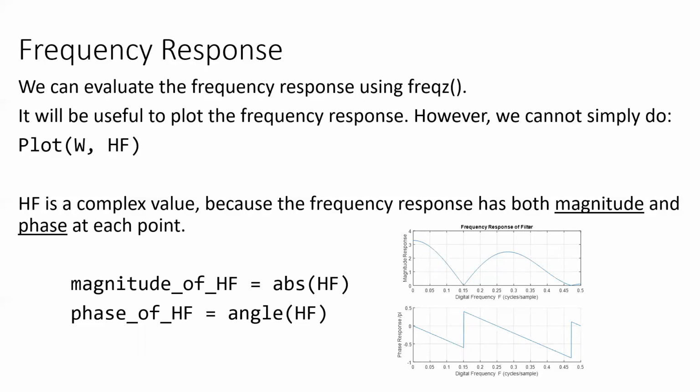The magnitude and phase is just the product of it being a complex number. So you can get the magnitude of H(F) by just taking the absolute value of H(F), and then the phase you can get by using this command in Matlab, angle of H(F). And so you can see on the right-hand side they're plotted there, the magnitude response and then the phase